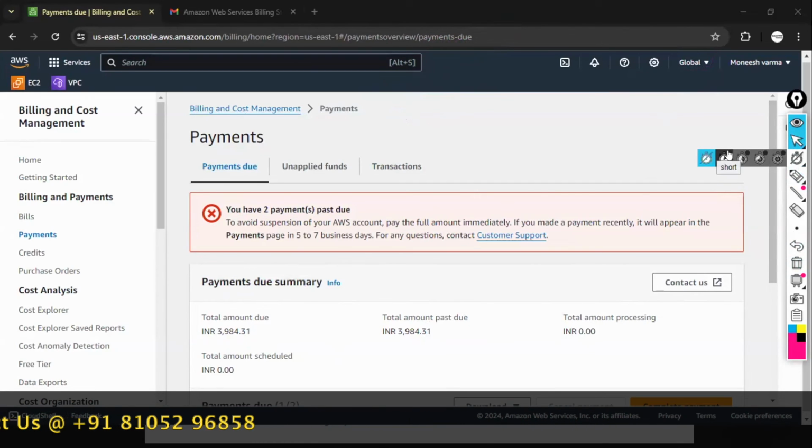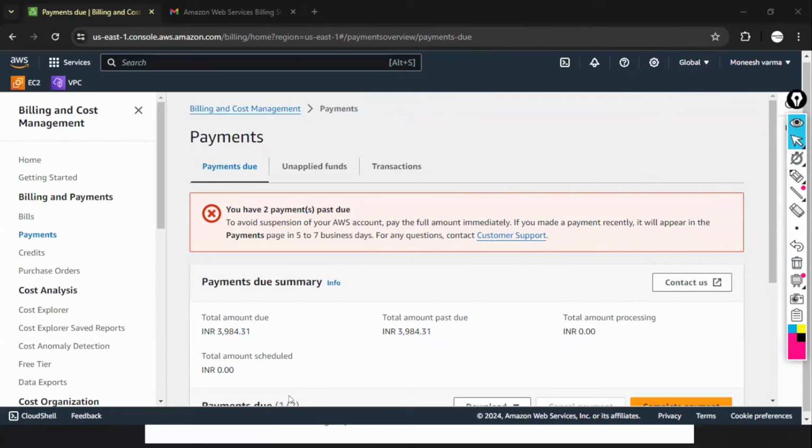Hi Aravind, I have a question about billing. If I don't pay for 3 months or 6 months, they suspend the account. Can I open the same account again? You can open it after paying the bill.